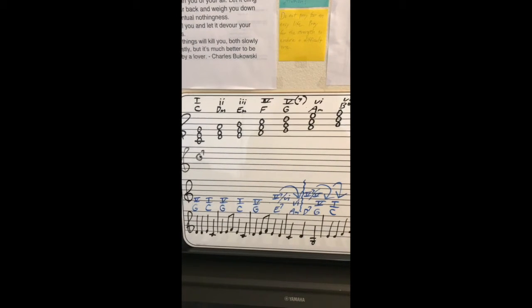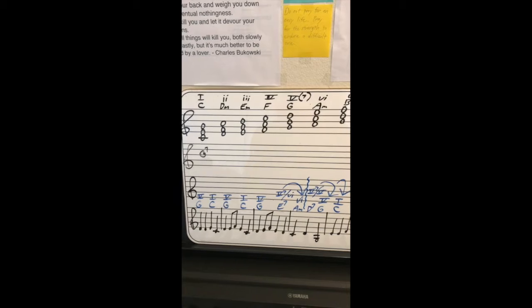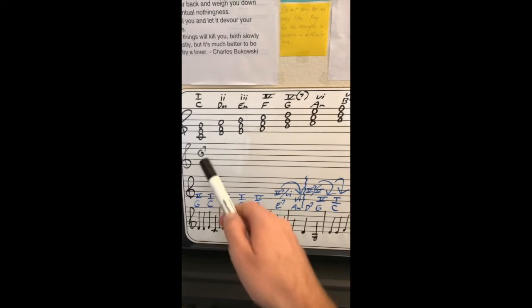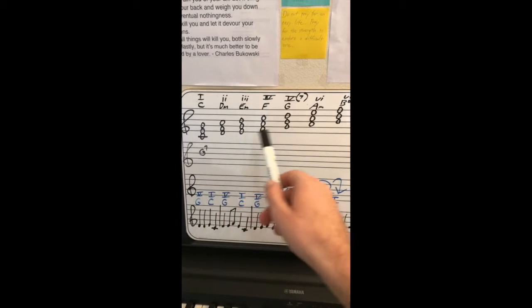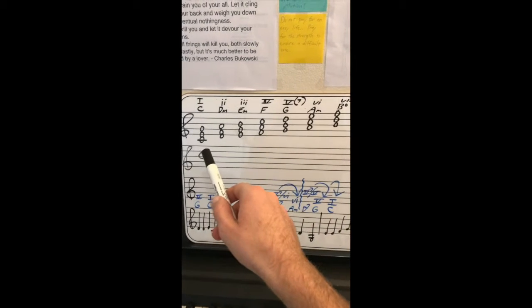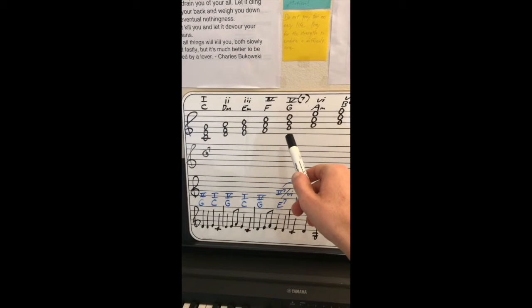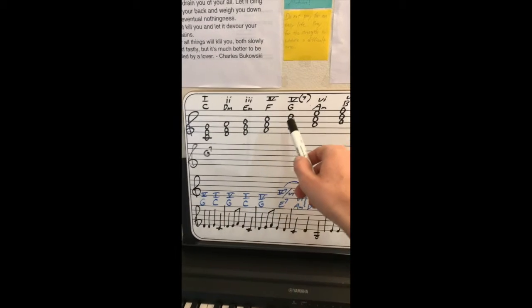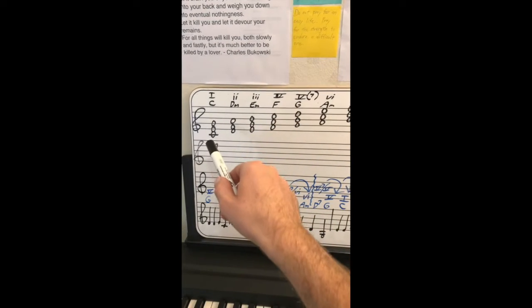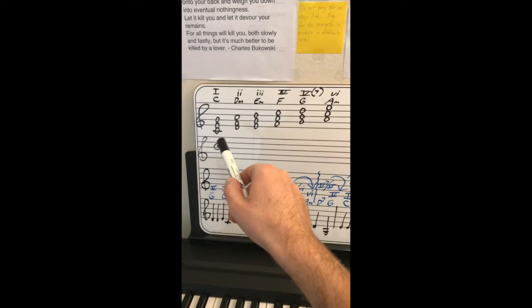Okay, quick review of what we just talked about. Your ultimate resolution in music will almost always be to your one chord or tonic chord in whatever key you are in. Once again, we're using an example of the key of C, okay? Now, the strongest resolution is down by fifth. So that would be the 5 chord or dominant chord to get to the 1 chord. So whenever the dominant chord resolves to the tonic chord, that's called dominant resolution, 5 to 1, and that happens